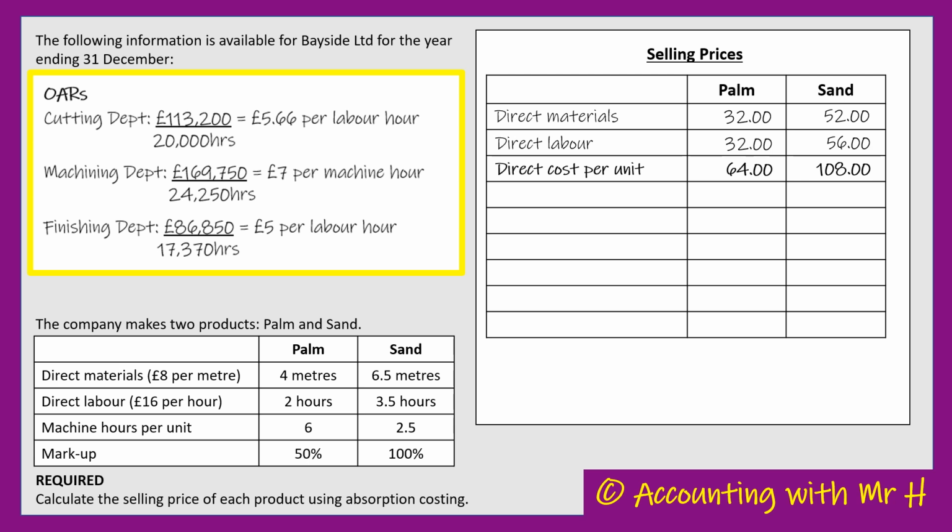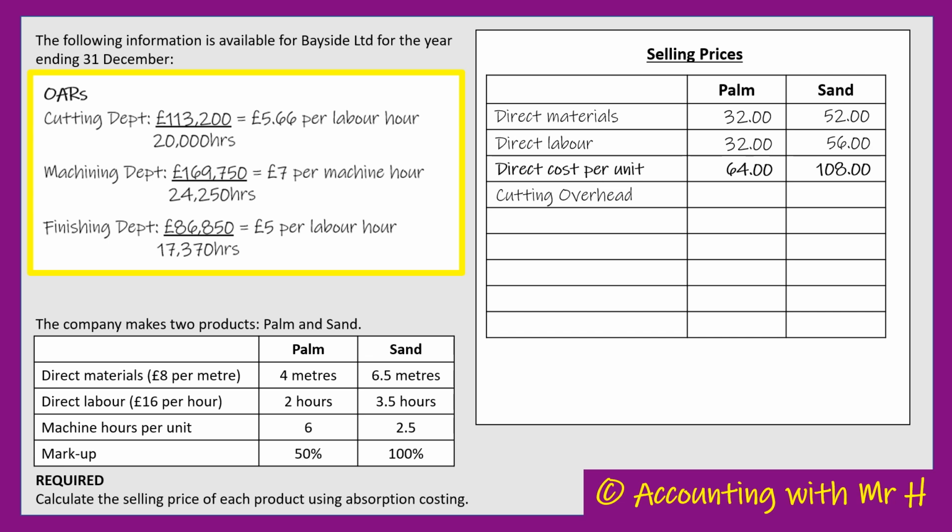So the first thing I'm going to do is look at the cutting overhead. So basically, the cutting department has total overheads of £113,200. But we need to share that out between each unit that is manufactured. And we've worked out that we're going to do it at a rate of £5.66 per labour hour. So all I'm doing now is using that OR. So the cutting overhead,